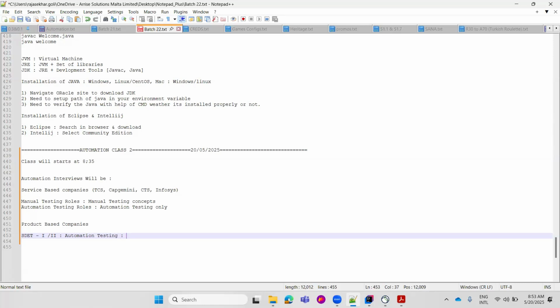Okay, so product-based companies are now recruiting for automation testing roles, but inside the company they have manual testing responsibilities. Why? Because currently that project is doing manual testing. In future, if they want to convert 50% or 60% of their tasks into automation, the person should have the skill. That's the major reason why they are looking for automation testing skills, even if that project is manual testing. Okay, so those companies we can call Google,